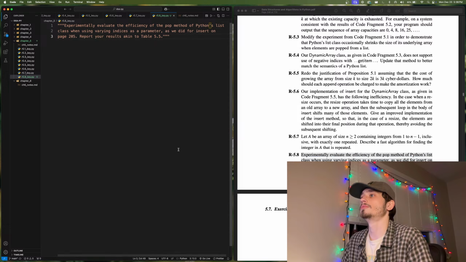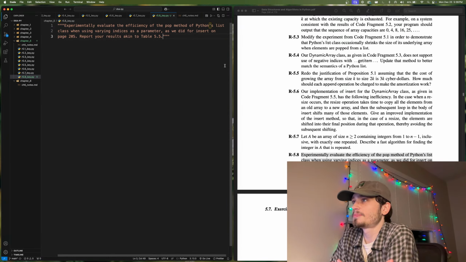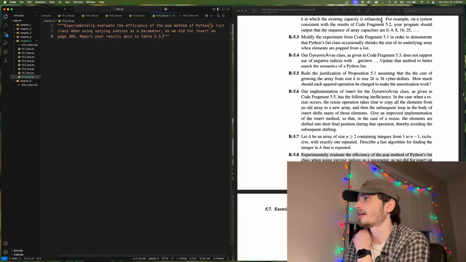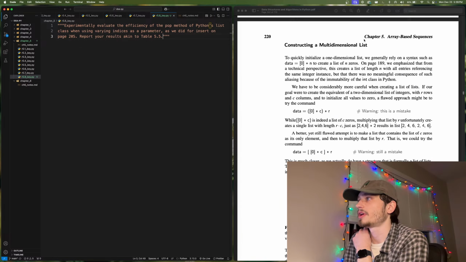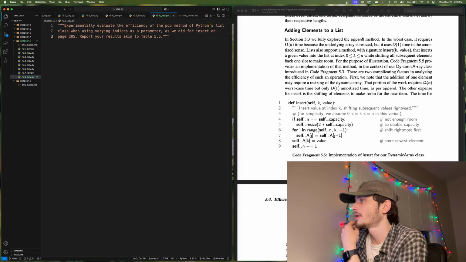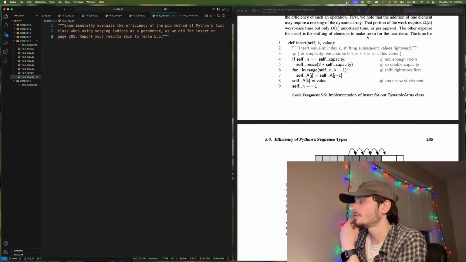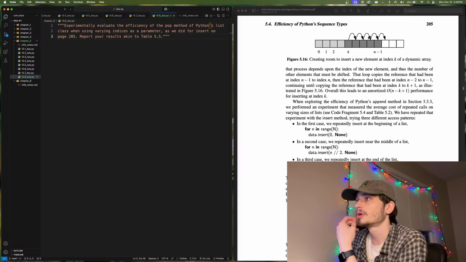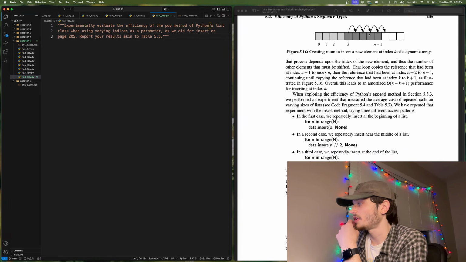All right, boom. Experimentally evaluate the efficiency of the pop method of Python's list class when using varying indices as a parameter, as we did for insert on page 205. Report your results akin to table 5.5. Okay, so on page 205, let's go back up here. So this is page 204, 205 here. So what do we do? As we did for the insert on page 205,